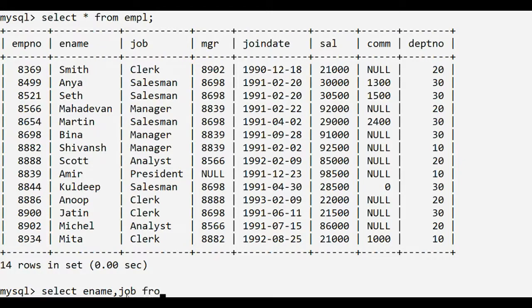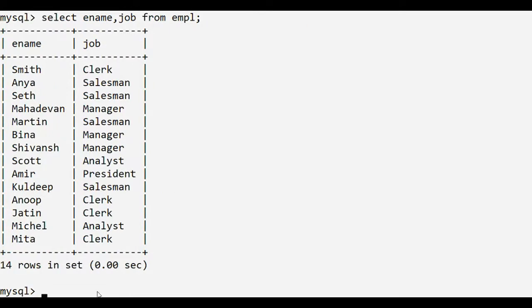Then from, and from is followed by the name of the table, that's employee, EMPL, semicolon, press the enter key. So the select command displays all the rows of the employee table, but only two columns appear in the output, the ename column and the job column.